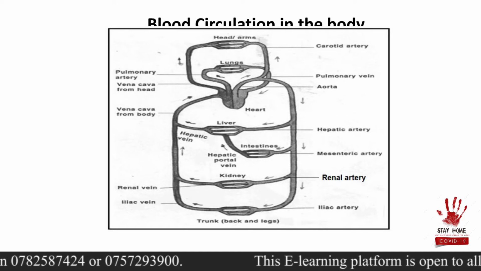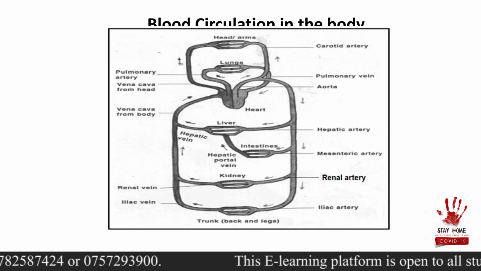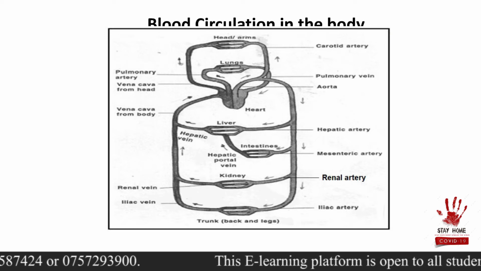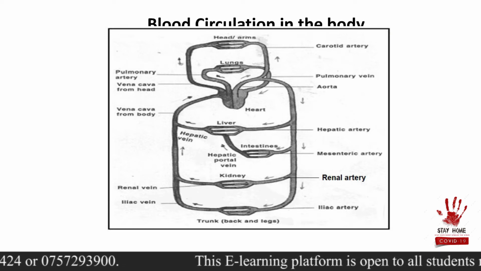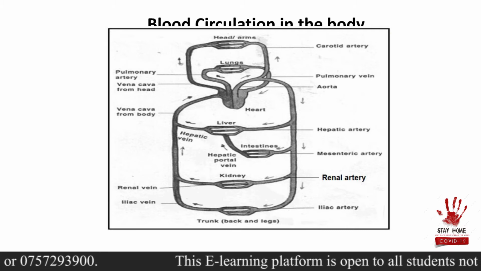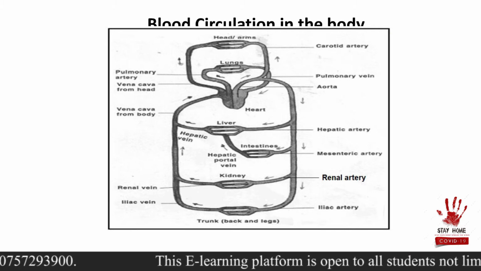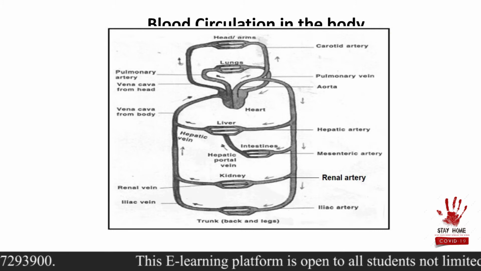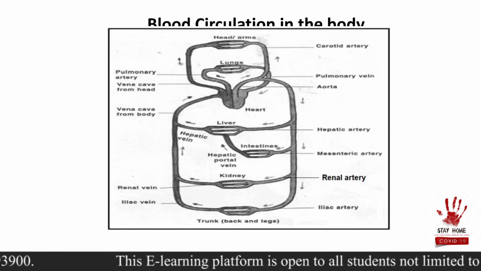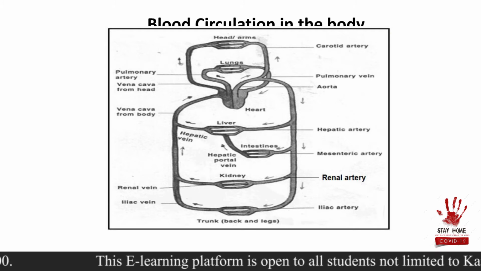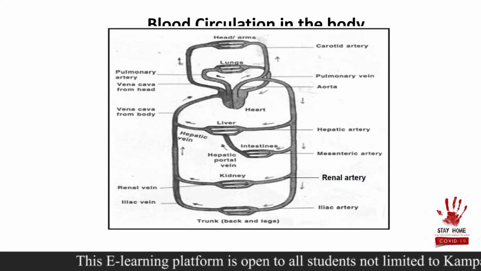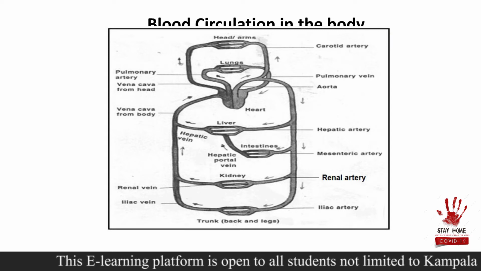Now, this aorta, when you look at it, has got several blood vessels, several branches. A branch of the aorta would go to your liver. A branch of the aorta would go to your intestine. A branch of it would go to your kidney. A branch of it will go to your legs. So that's how the blood is going to be moving. Now, which branch goes to which part of the body? That's what we want to look at.